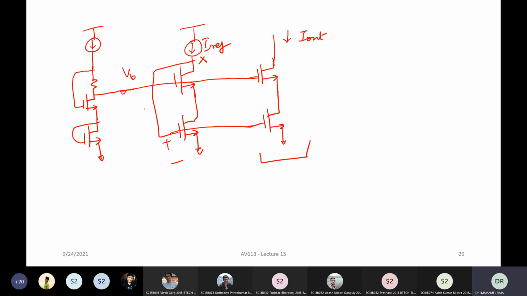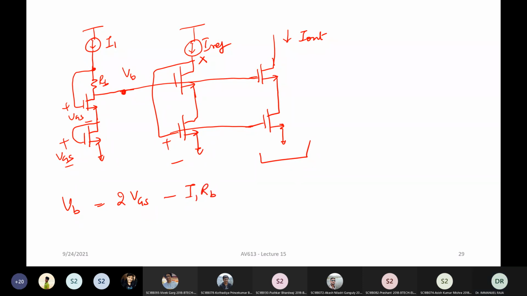right? And this VGS is generated like this, and which also includes this cascode current mirror. And here this is VGS again, and this is VGS again. So here what you will have is 2 times VGS minus I1, let's call this RB. So this node voltage VB can be written as what? This voltage minus the IR drop here. This voltage is VGS plus VGS. So you have 2 times VGS minus I1 times RB.